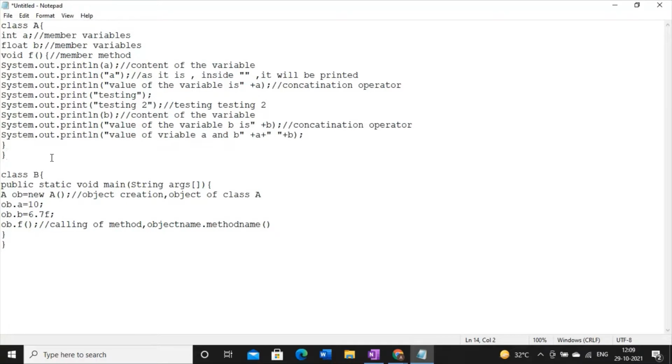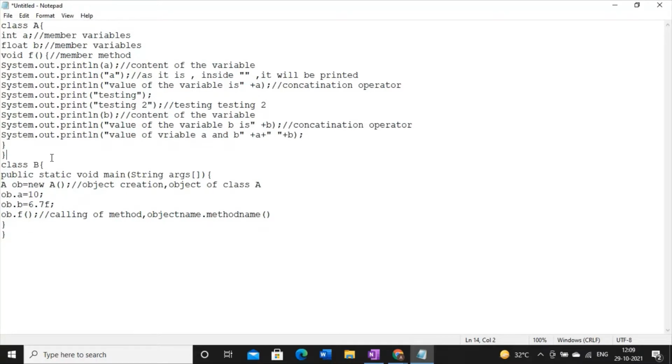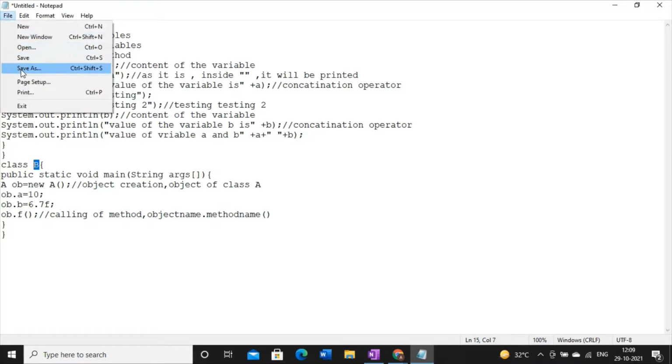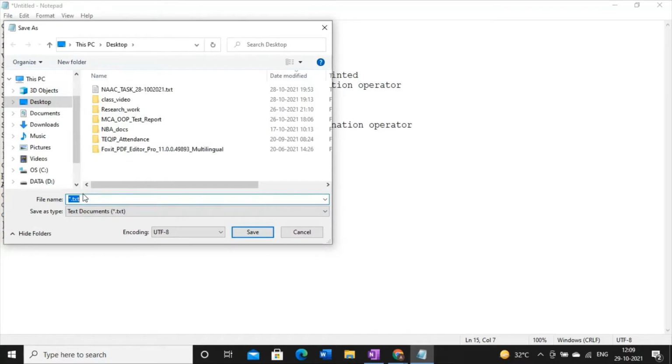Now the final rule in Java. After writing any code, you have to save the code. The biggest rule is you have to give the file name the same as the main class name. Here the main class name is capital B, so you have to save this file with the name capital B dot java.